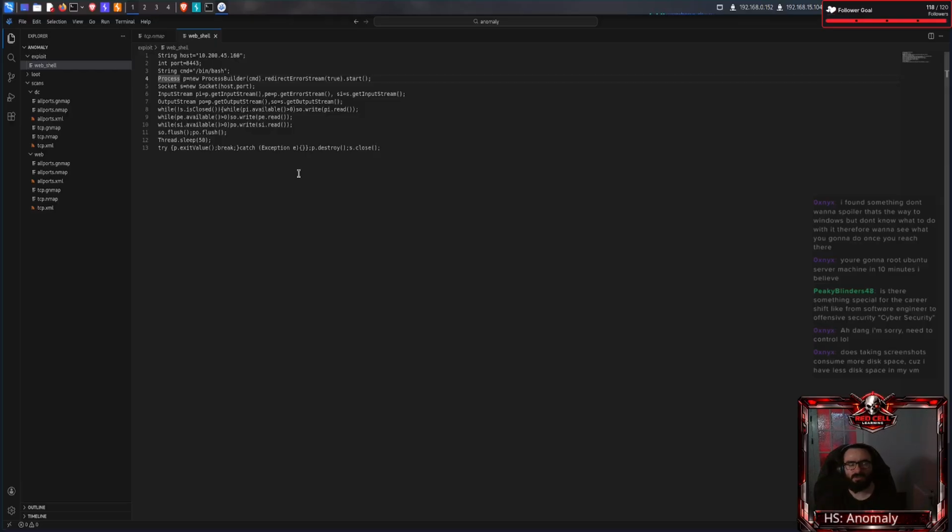So I'm not storing my notes on the VM. I'm storing my notes on the main machine, on the host. And yeah, it would take up disk space, but I'm storing them on my main machine because it's just easier that way. I have a lot of notes, and I don't really want them